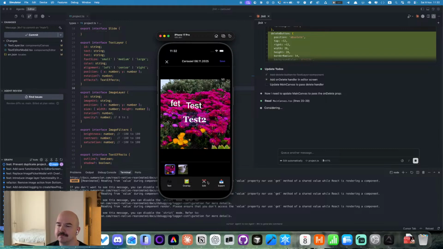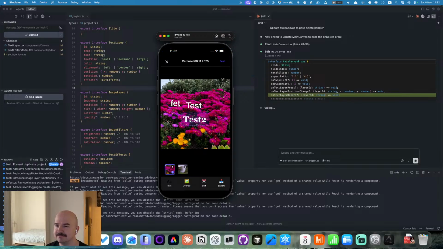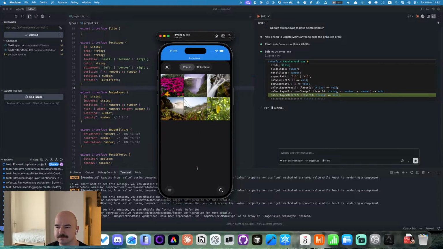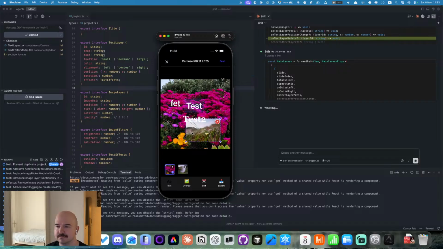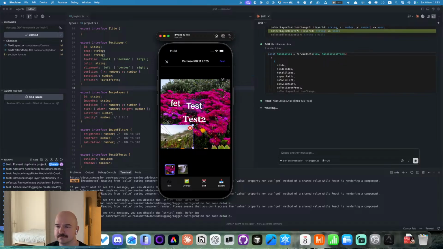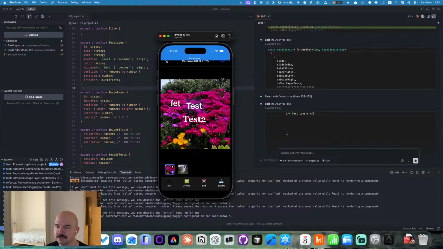And some buttons should be aligned better, I don't know. And we need more animations for sure.